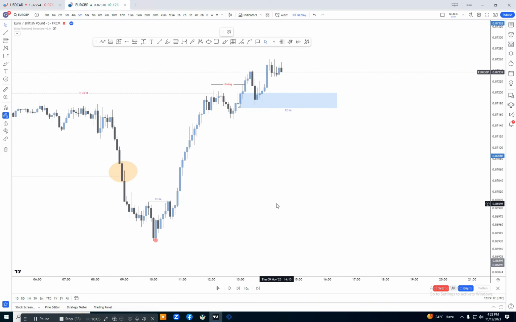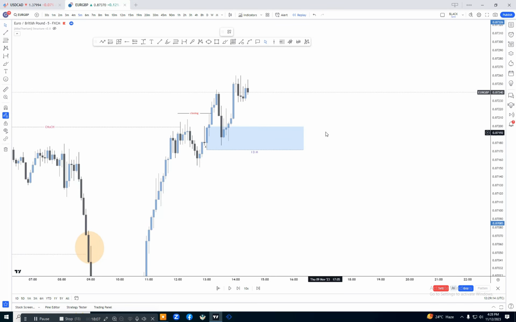Now if we see here, the market again pushed to the upside and created a new inducement. Some traders will mark that candle as an inducement, because we have marked this as our inducement. Then again traders will mark that candle as an inducement, but this is not an inducement.